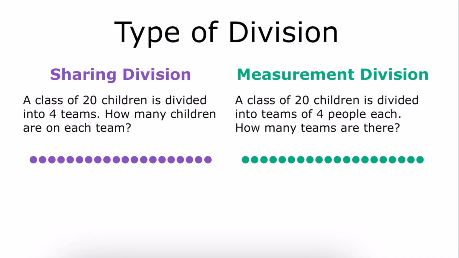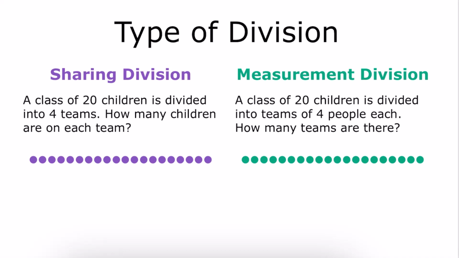And this is really good for dividing by whole numbers because it's easy to divide an amount into a whole number of groups. It's not as easy to divide it into a fractional number of groups. Measurement division, on the other hand, is where you take an amount and you divide it into groups of a certain size. And this is really good for when you're dividing by fractions because you can take an amount and you can see how many groups of a fractional size you have. So this is the type of division we're going to be using for most of the word problems we'll cover